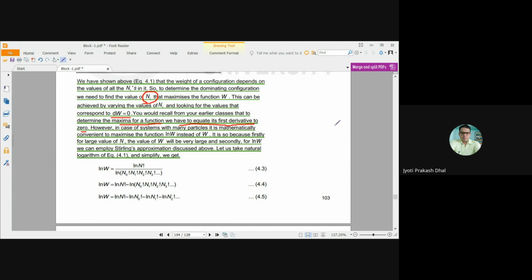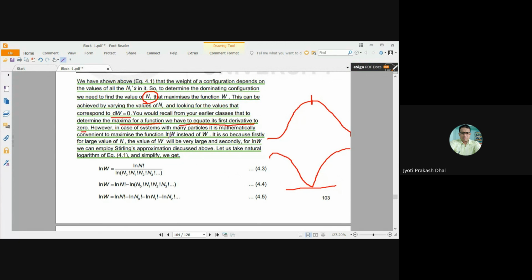So when the maxima will be there and if you take the first derivative, it will be 0. So if the curve will be like this, this is the maxima, and if you draw the first derivative curve, the corresponding first derivative curve will be like this. So that will become 0.